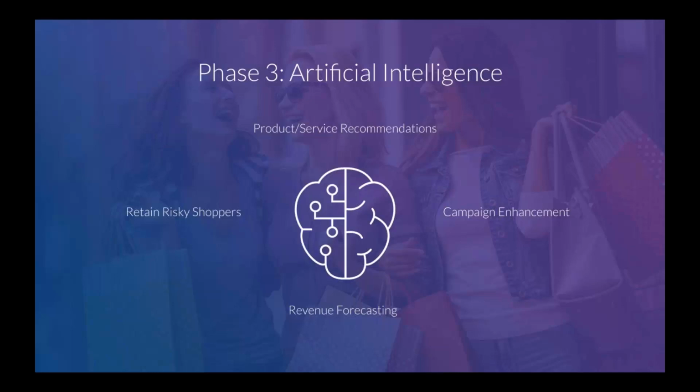We also have product recommendations, which is designed to introduce new products to shoppers based on what your whole customer base seems to be putting together. Campaign enhancement, which allows you to run any marketing promotion and have Pinky determine what time of day and week it's best to deliver the promotion to each shopper based on the previous 12 months of recorded behavior. Finally, revenue forecasting. So at about month 12 with Pinky, you'll be able to provide you with a future revenue forecast by location with a 3.85 margin of error.